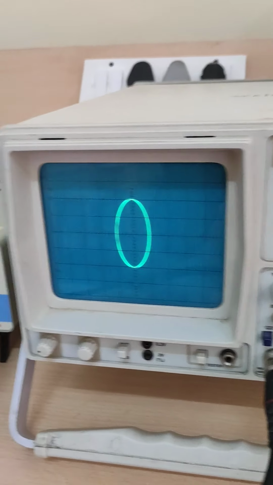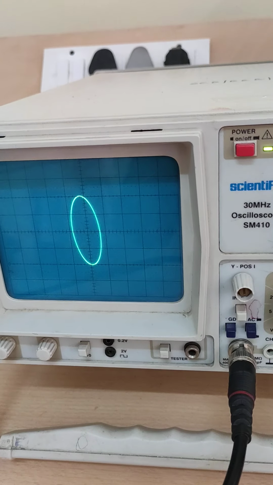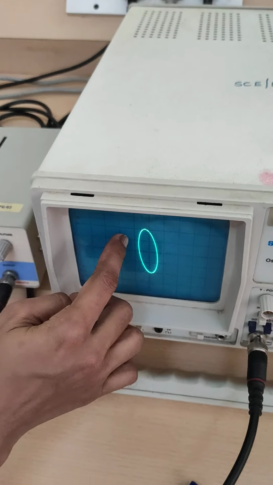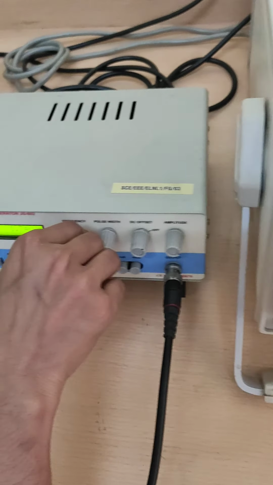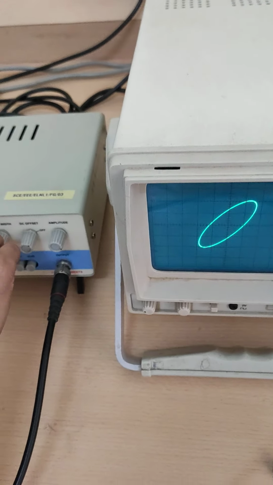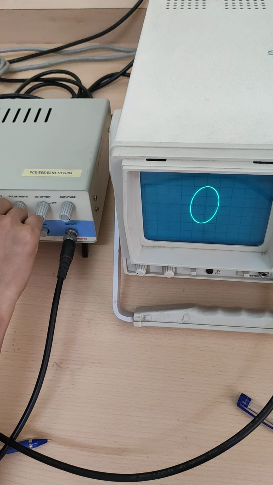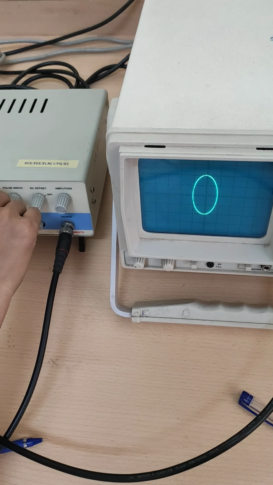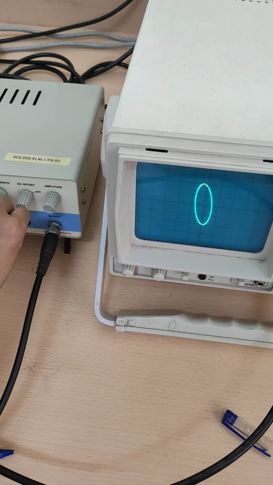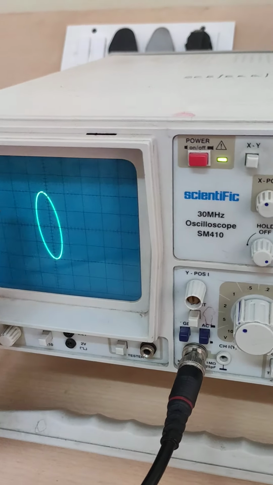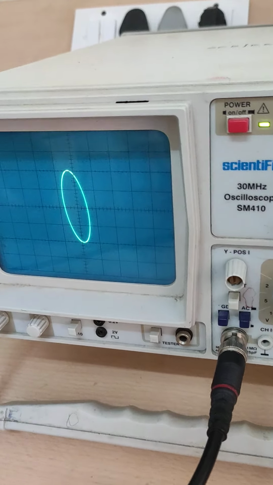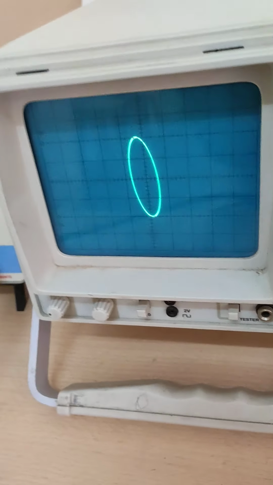After this, when you increase, can you see it has shifted to the third quadrant now. First, second, third, fourth. Previously it was in the second quadrant. When you increase the frequency, at one point it will become 0, and then when it comes to the third quadrant, you should take the angle phi equal to 180 minus sine inverse of Y1 by Y2. It is given in the manual.